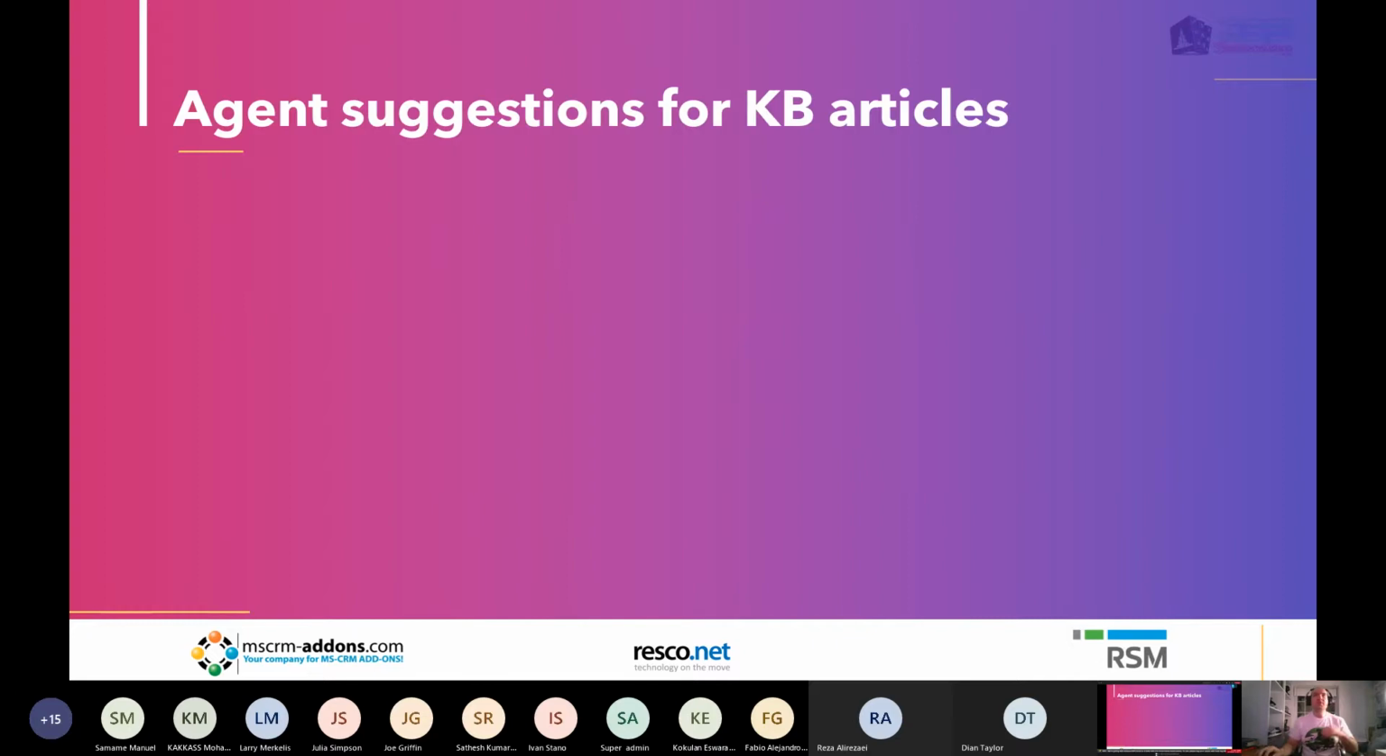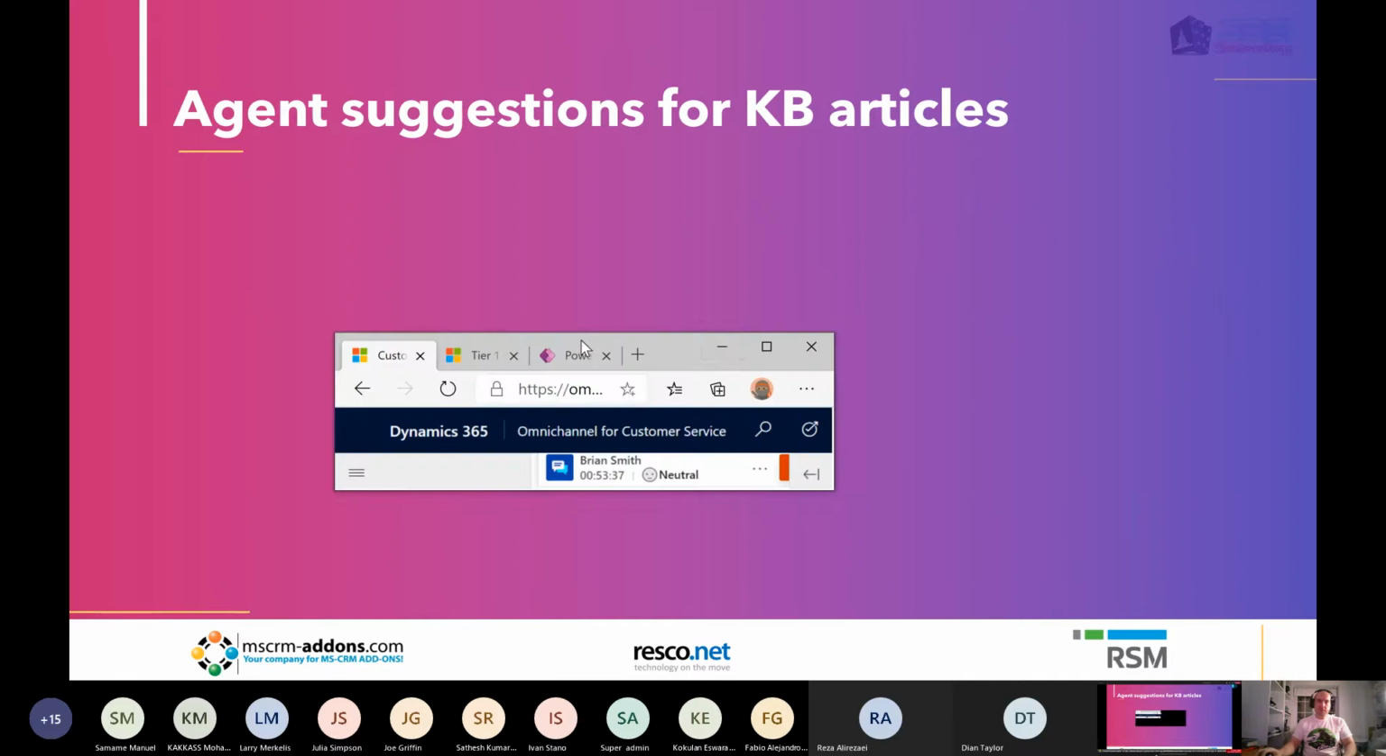Agent suggestions for knowledge-based articles. Knowledge-based articles are really cool because essentially it's a repository of information that people can enter stuff into and other people can search, and it can be surfaced within Omnichannel itself. So if I take a look here,